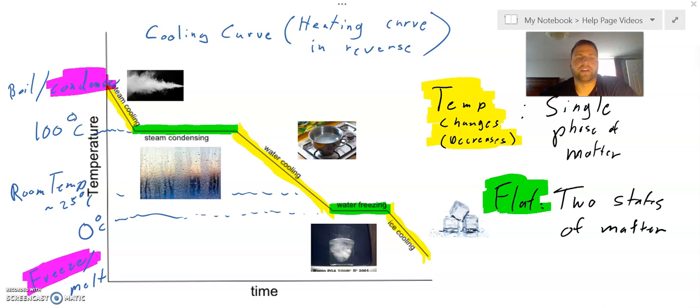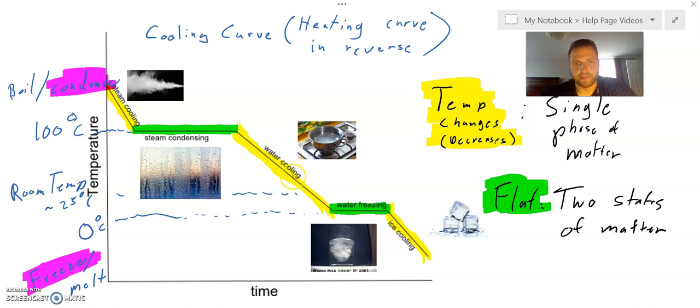Let's take a moment now to narrate the situation and talk about the graphics that we see. So first here we start off as a single state of matter. We have a gas called steam. Then we get this flat section of temperature. It halts, it stops for a little bit to change. We go from a steam to a liquid. That's what the word condensed means. Gas to liquid. Then later, we have a pot of liquid, or just a portion of liquid,